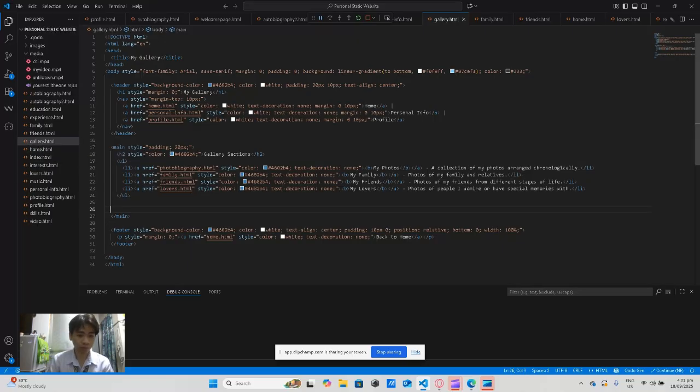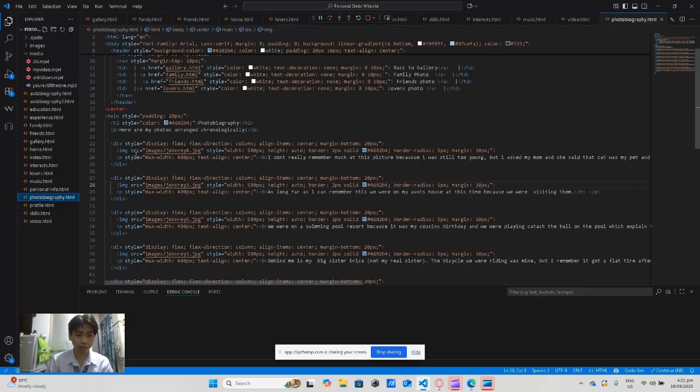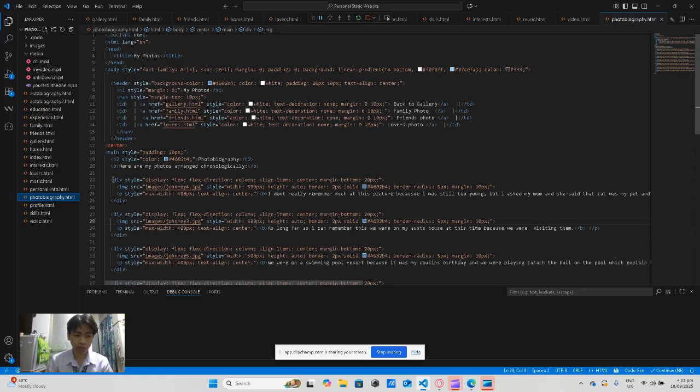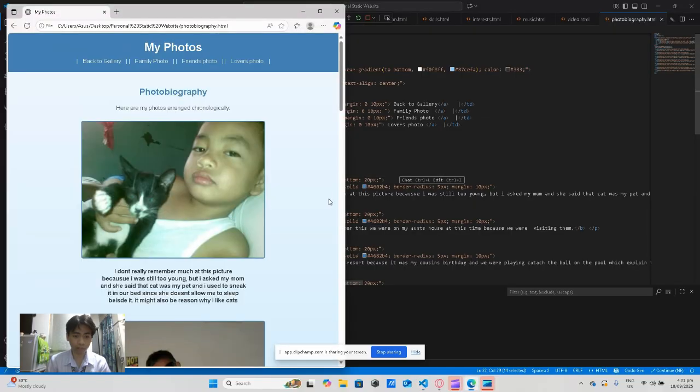Now let's go into my photo biography and I'll explain the div style. I use Flexbox to arrange the items, and I use display flex so that it makes the container flexible.